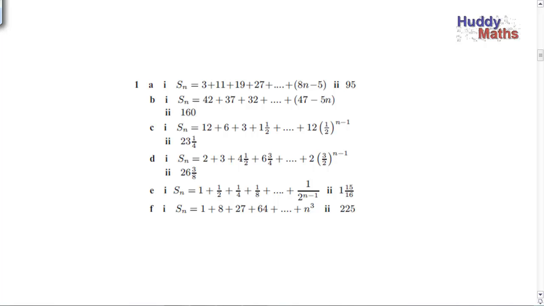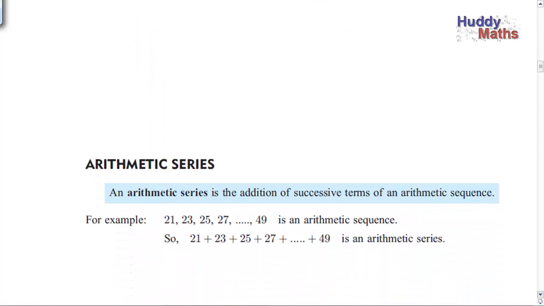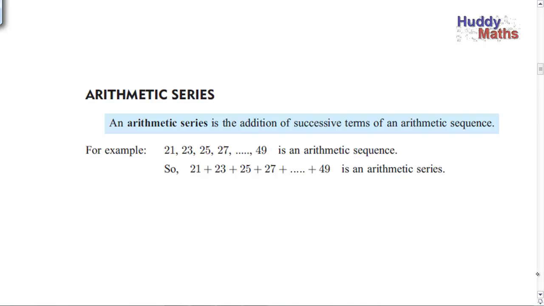So there's our answers. So just check it out there. It's a fairly simple idea, isn't it? It's the sequence stuff extended to adding up terms, and that's called the sum of a series. Sum of terms of a series. All right. What about going back and looking at the special ones we looked at before, where there is a pattern? Okay, so the patterns that we have looked at basically were arithmetic, geometric, and Fibonacci. So let's have a look at the terms of an arithmetic sequence, and if we're going to add them up,